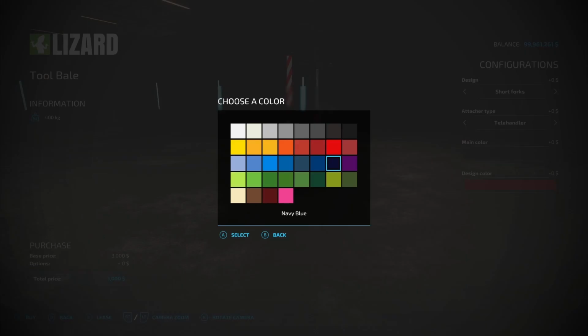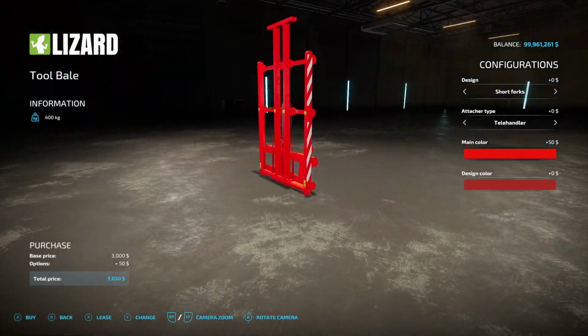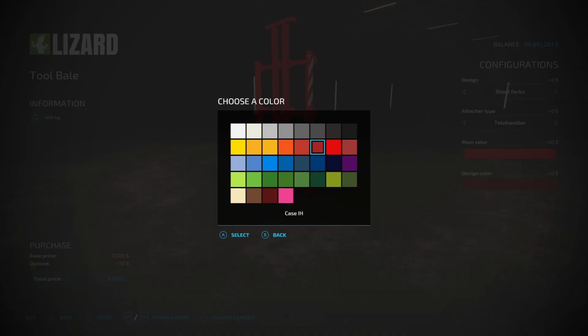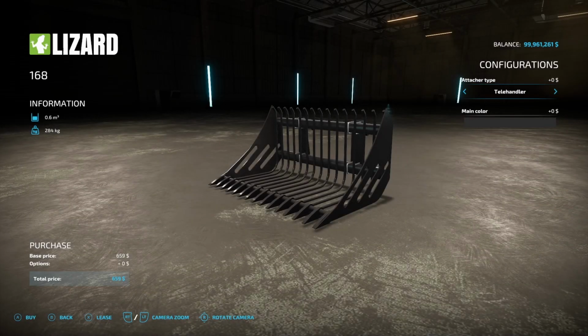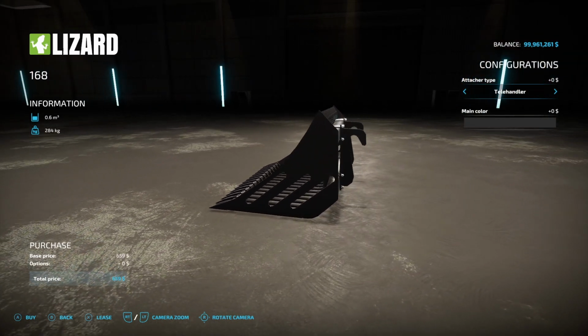Main color, you got any color you want. And then design color, any color you want on that. And there we go. Then next on the list is the stone bucket from Nico Picks. There's actually, I think, 3 of them on here. The first one is the 168, which holds up to 0.6 M3, so 600 liters of stones. 284 kilograms, $659. Attachment type, you got telehandler,